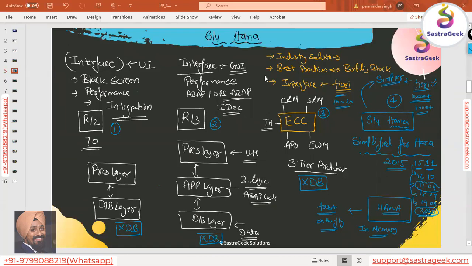So I always thought about what good things are coming to SAP S4 HANA. Let's say I go back 5 years or 10 years, when I was working on ECC. I went to SAP and said, okay, ECC is a good system, but I want some of my complex reporting to be generated.